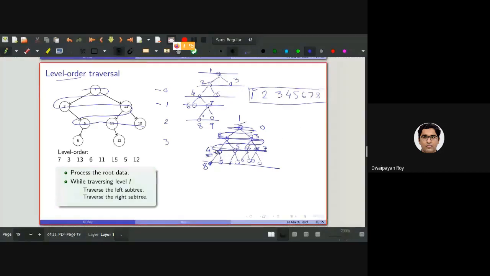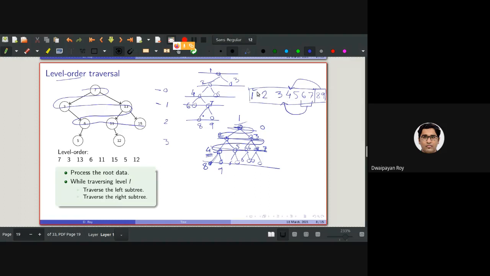As you can see, the left and right children of 4 are 8 and 9, let's say. So after completion of 7, only then am I processing 8 and 9. Basically 8 and 9 are children of 4, right? And 6 and 7, these two are children of 3.